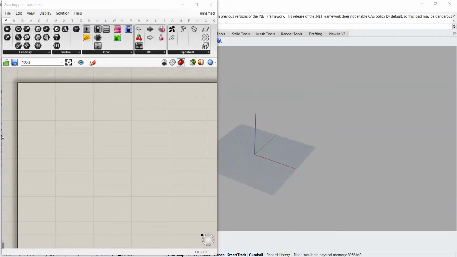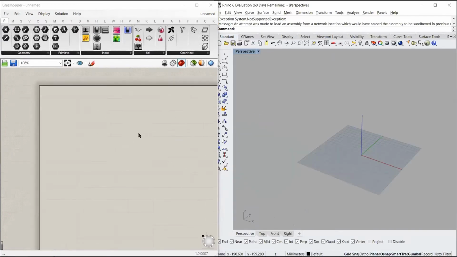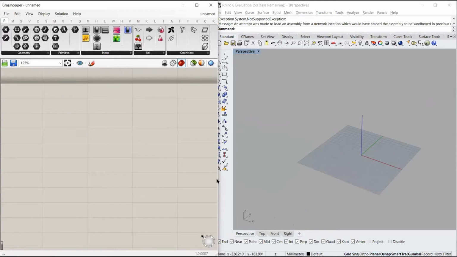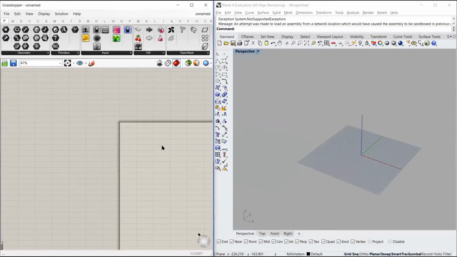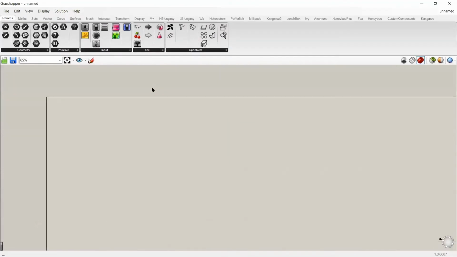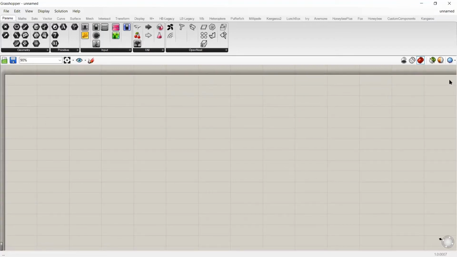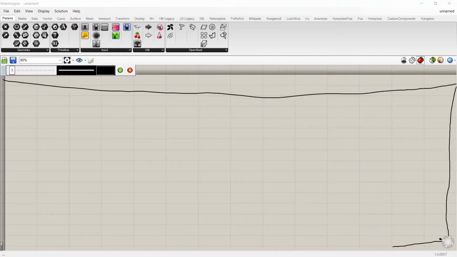So it is suggested that we split our screen in half between the Grasshopper interface and the Rhino interface, so that we can script and simultaneously visualize the things that we are scripting. But for now, I will just maximize this viewport to make you understand what the interface is like. So this is the workspace where we actually script.